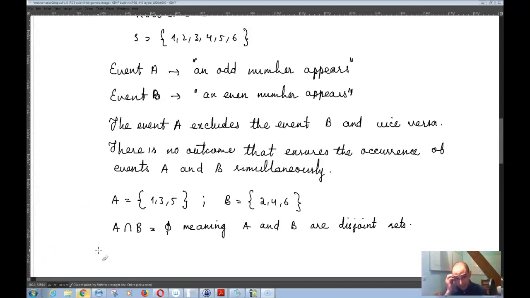Okay, so then we said that the event A excludes the event B, and vice versa, meaning that there is no outcome that ensures the occurrence of events A and B simultaneously. And so, for example, if A is equal to 1, 3, 5 and B is equal to 2, 4, 6, then A intersection B is the null set, meaning that A and B are basically disjoint sets, meaning they have nothing in common. Where were we? So in general,